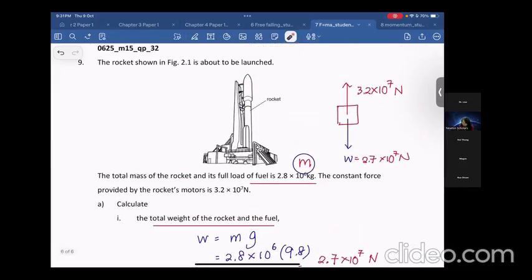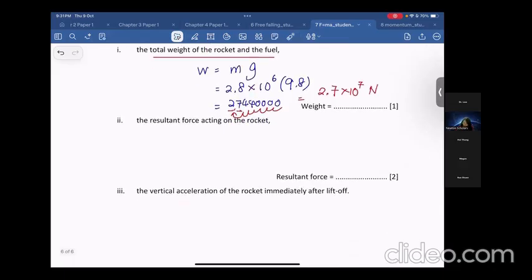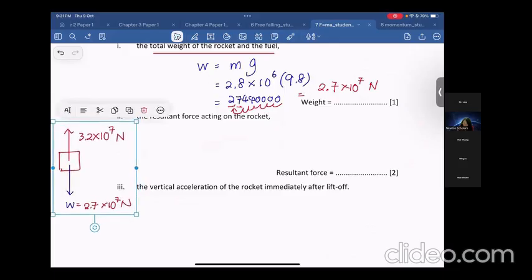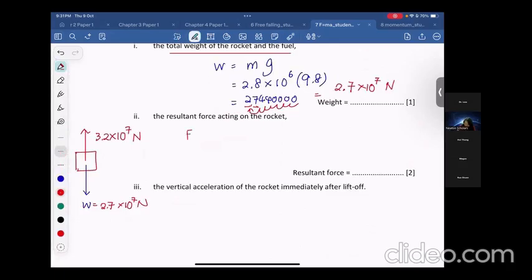So the resultant force will be 3.2 times 10 power of 7 minus 2.7 times 10 power of 7. If you press your calculator, you should get 5.0 times 10 power of 6 Newton,